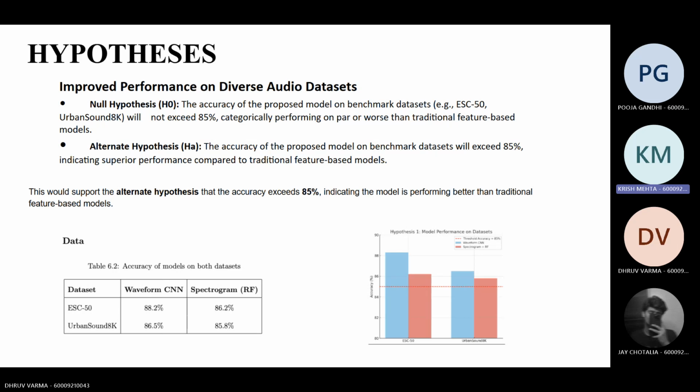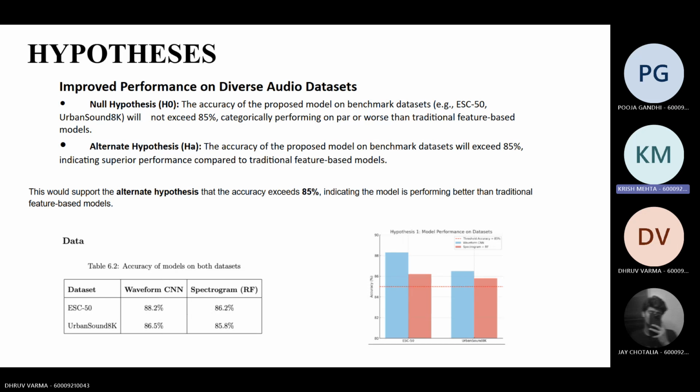So in diverse audio dataset testing, we have tested the accuracy of waveform CNN and spectrogram. Spectrogram showcases the spectral loss which it causes, and waveform CNN directly processes raw audio data without any spectral loss. So we came to the conclusion that 88.2% and 86.5% is the accuracy given by waveform CNN, and as we can see, 86.2% and 85.8% is given by spectrogram, which we can say is because of spectral loss. There's a gap between those, and so